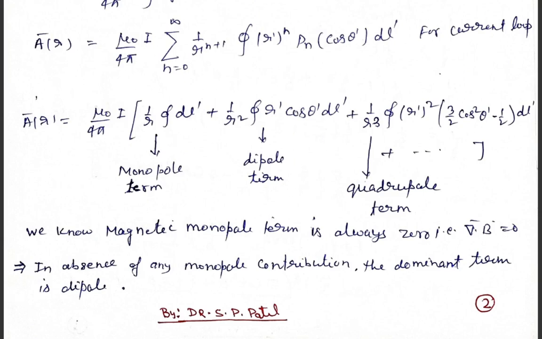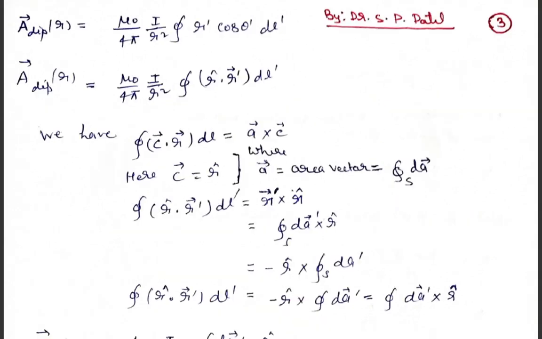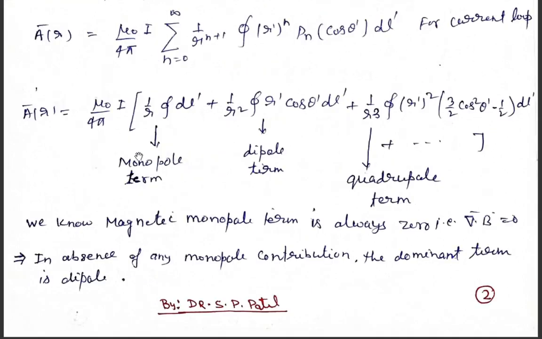So if we try to find the magnetic vector potential for the dipole, quadrupole or octupole, we can do several calculations for the others also, but here we will do only the calculation for the dipole term. If you do that, we require some calculations. If you write the magnetic vector potential for the dipole, I have written A dipole of r, that is the magnetic vector potential at some point r due to the dipole, obviously. So this term becomes equal to 0.